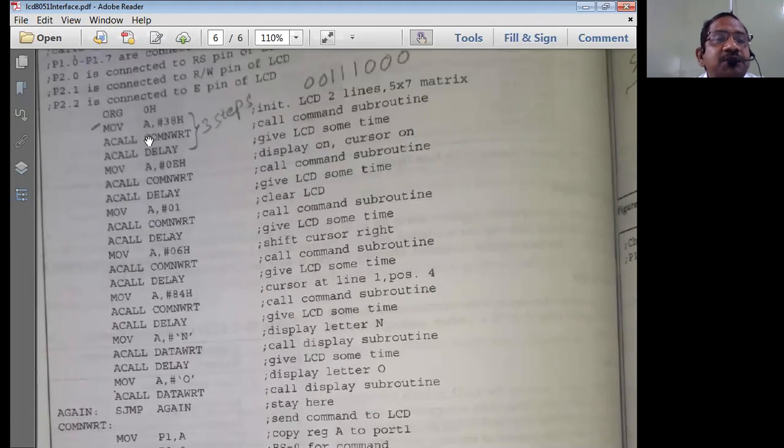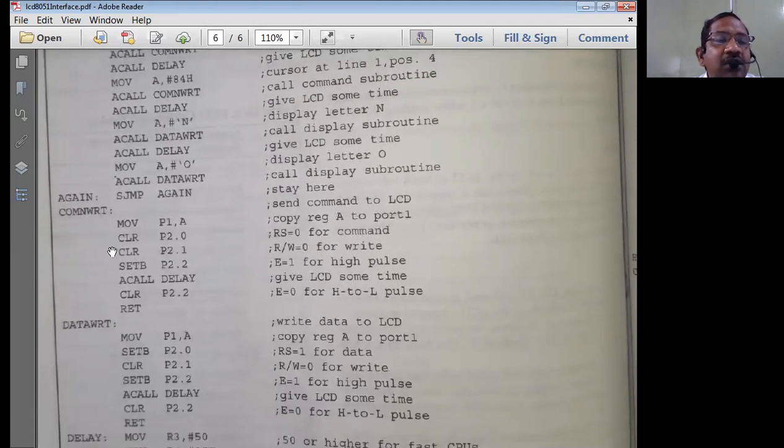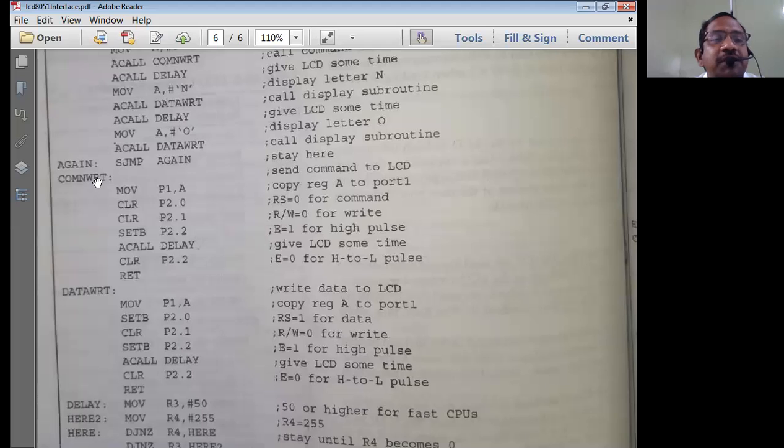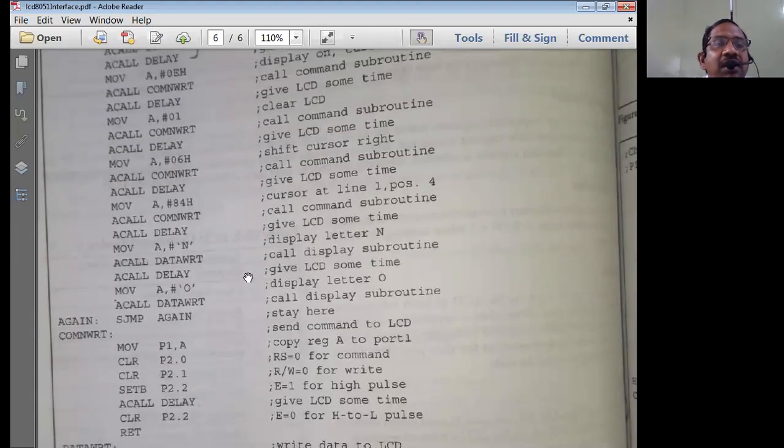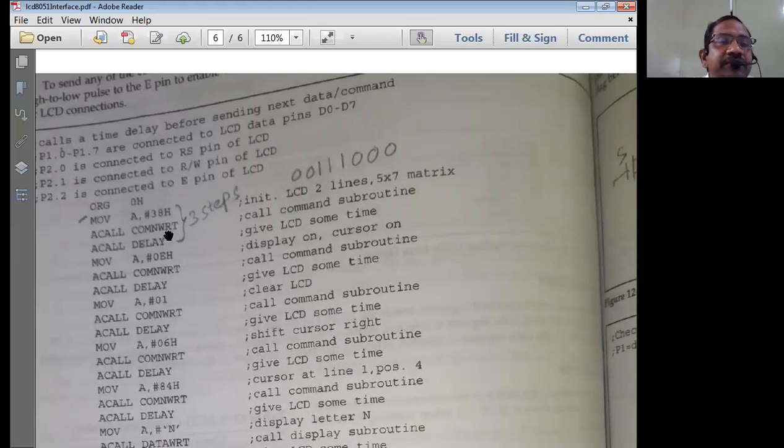Now the control goes to this particular location. So those who know C programming, it becomes very easy for all of them, because it is similar to C programming only. Now in this location, what are we doing, let us see. Whatever is there in the accumulator, the command 38H, is the command which is there in the accumulator.